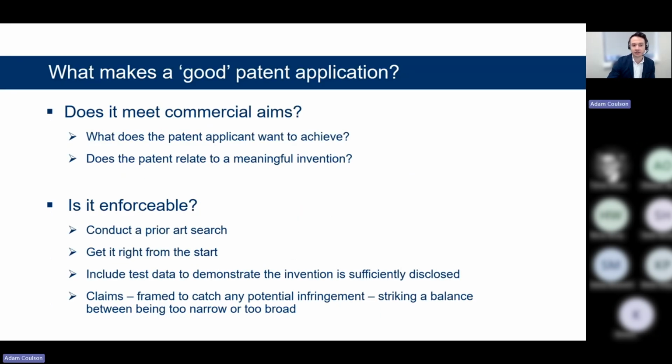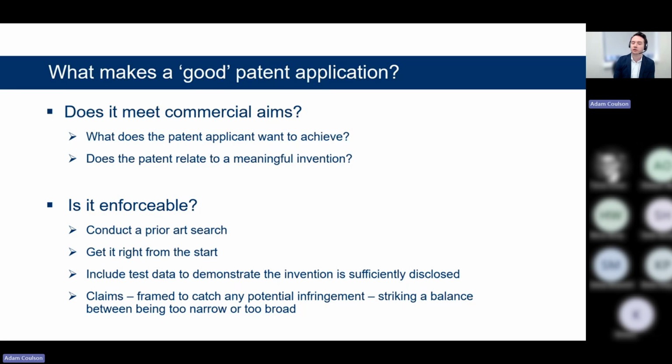So what makes a good patent application? A good patent application must meet your commercial aims. It must be focused on technology important to your business, which you wish to exploit, and which you want to exclude your competitors from exploiting. While there are reasons for filing a patent application directed to technology which you are not looking to exploit, for example, to act as a deterrent to third parties, it is more likely that you will find better value in a patent application which is directed to the key products and processes of your business.